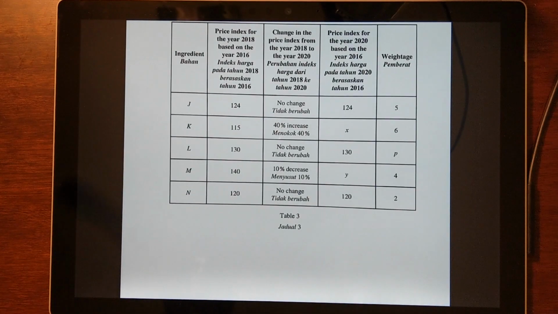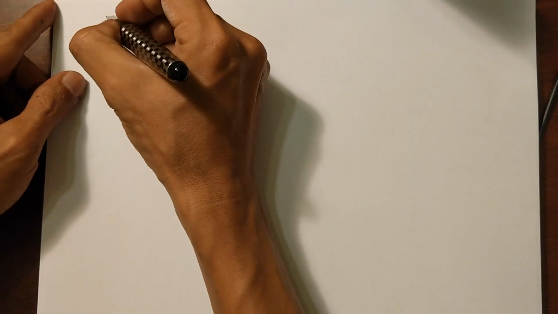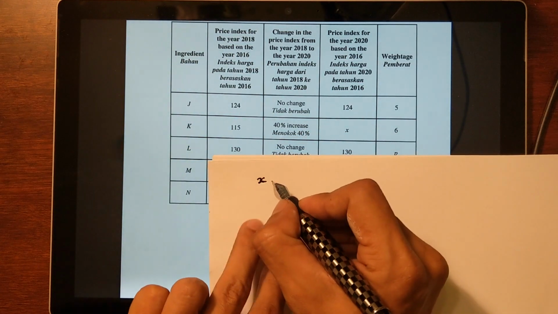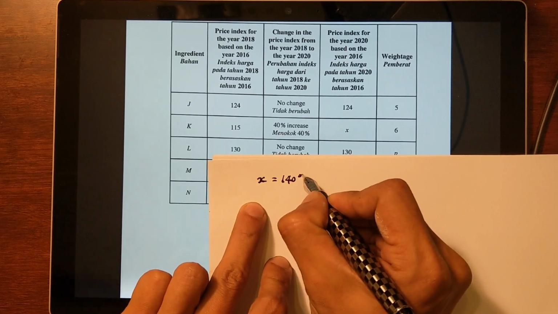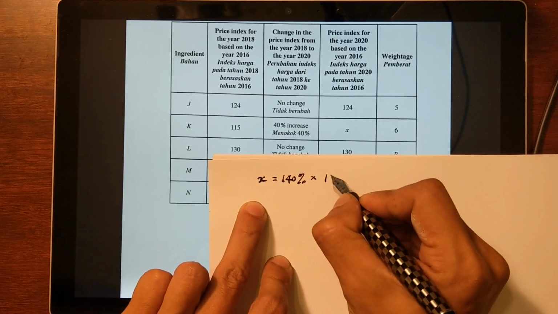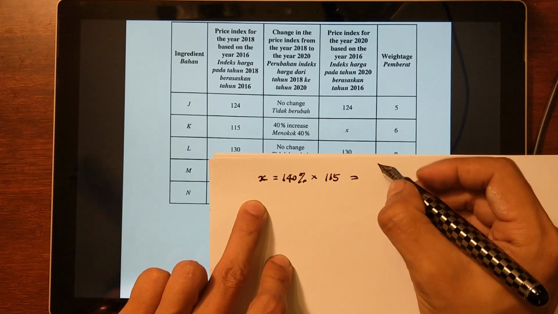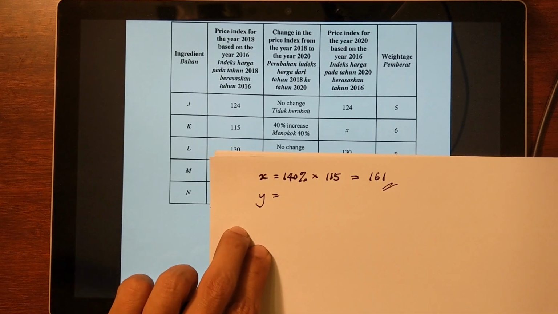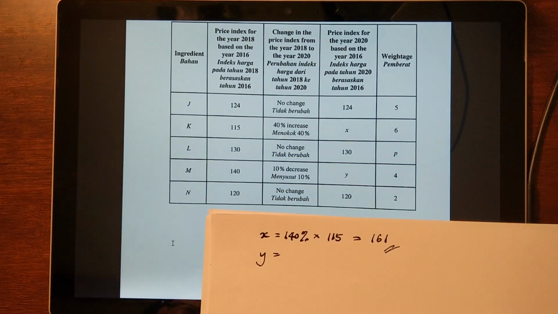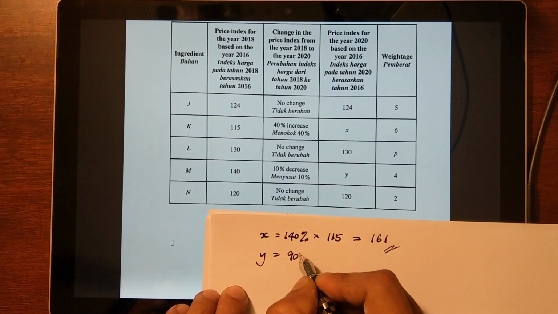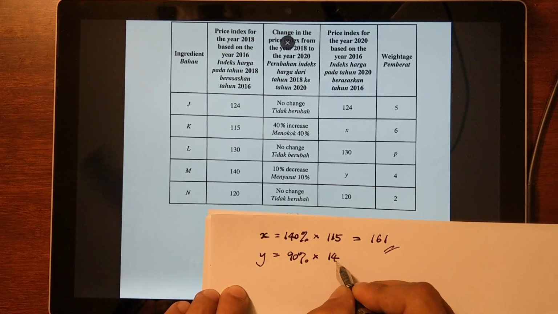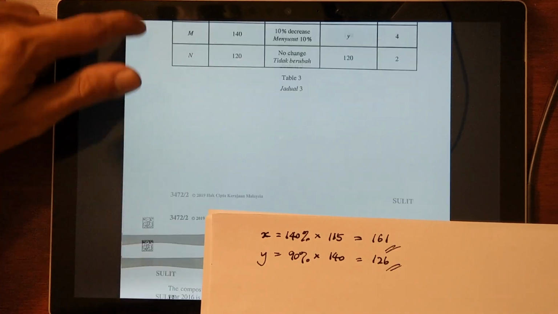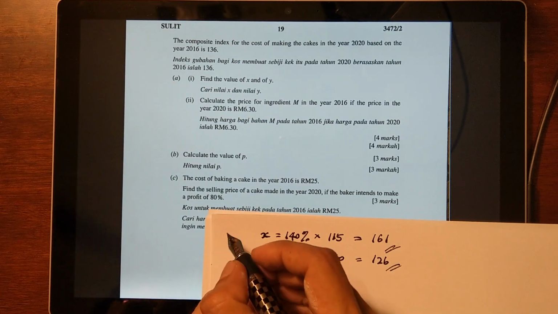That's pretty straightforward. So x is obviously equal to a 40% increase on 115, and that simply is 161. Y, on the other hand, is 10% down from 140, so that's 90% of 140, which gives you 126. Done. Alright, so that's section